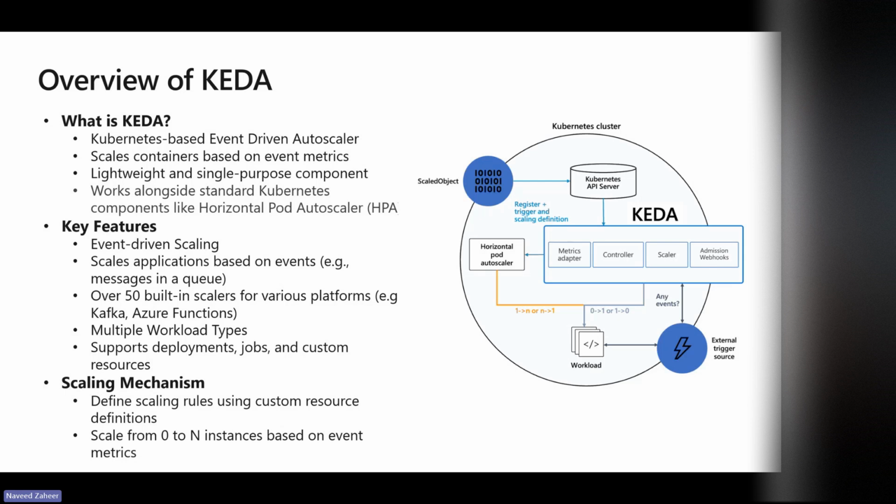You have specified a trigger in that, and based on that trigger, it's gonna scale up and scale down your workload. And what is that trigger? That trigger is the scaling definition that works on different metrics, and one of them can be Prometheus. Okay,